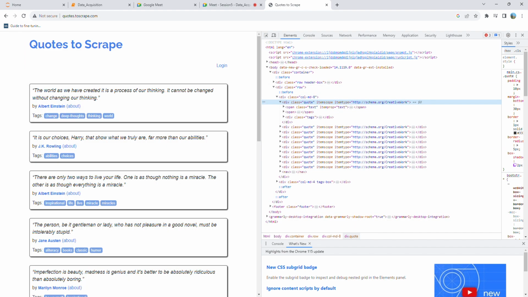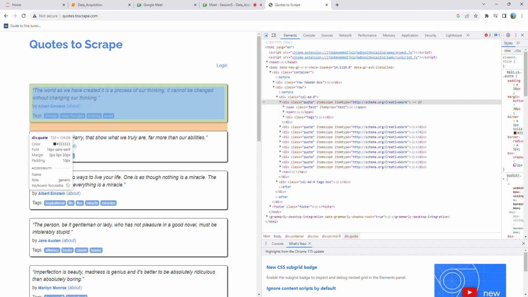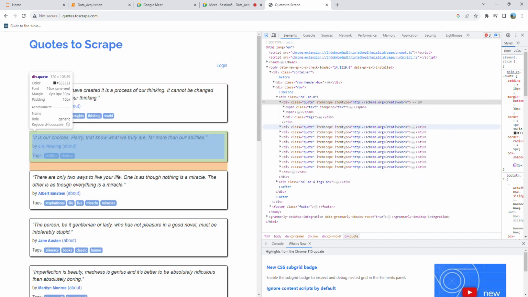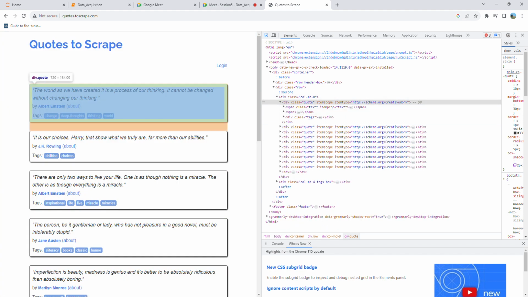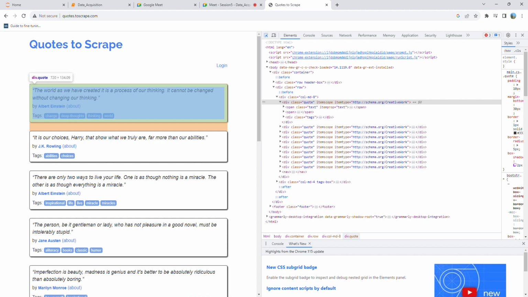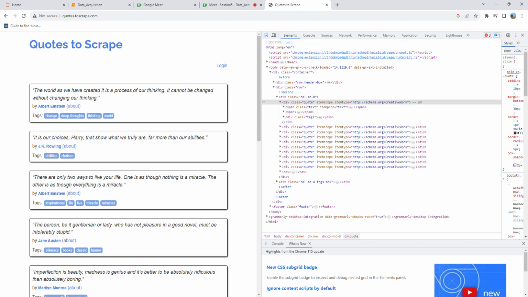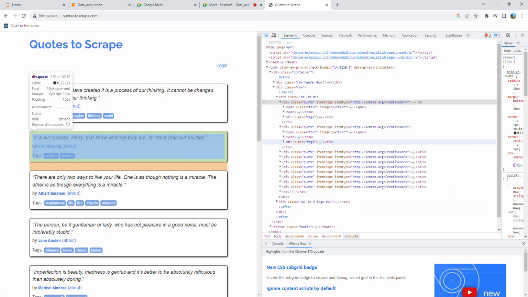If you hover over any of these things, this is a division, this is again a division. This is a higher division, and inside a division we have another division. This is the higher-level division which has everything. Inside that you have this division, within that division you have a span, and another span, and another division, right? So these are all HTML tags, and you want to scrape the data from this website to create